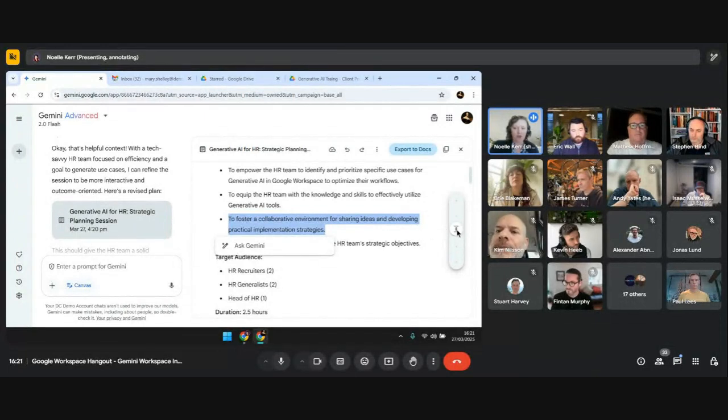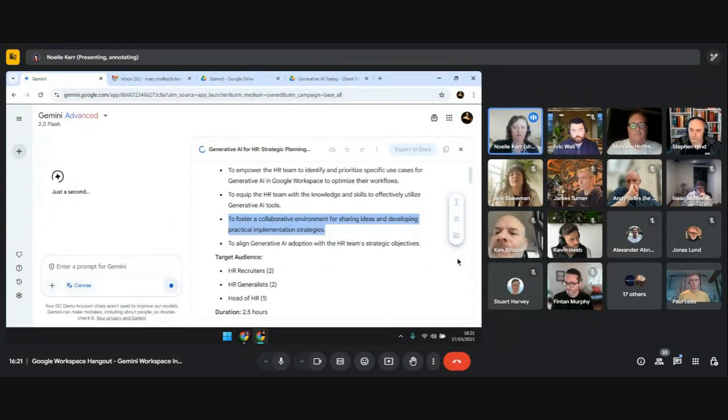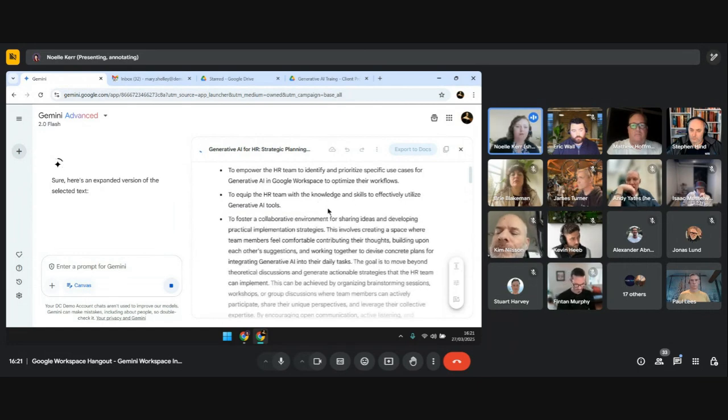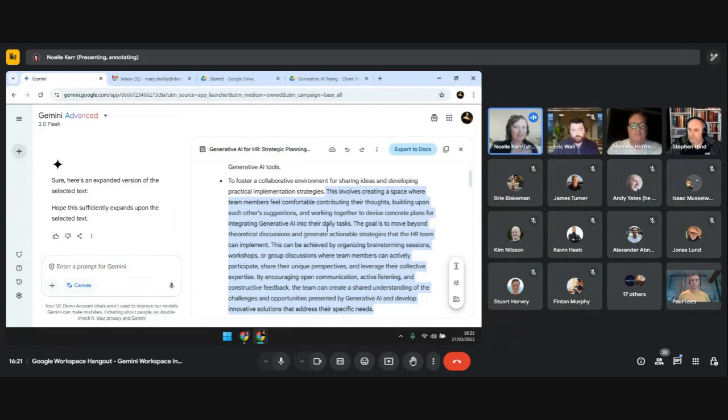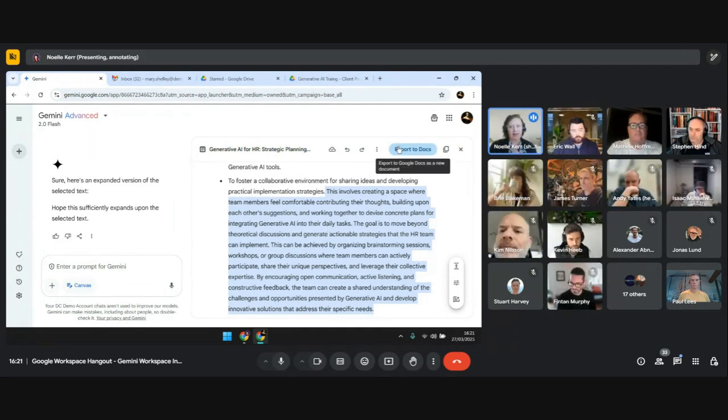So at the moment, I've got a little slider, it's in the middle. I can change it to say, make this shorter, make it a bit longer, or make it very long. And there, the AI goes off, does the little work for me and it edits it immediately inside of the canvas. Now, what's nice about being able to work inside the canvas is that interoperability that we get. So I can click this button up here and I can export it to Docs, or I can simply copy this and lift it into another piece of software that I might be working on.